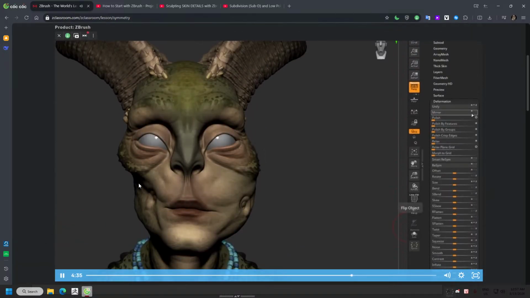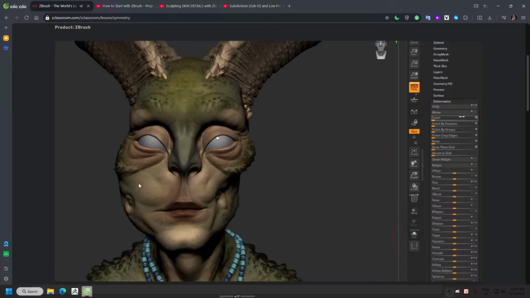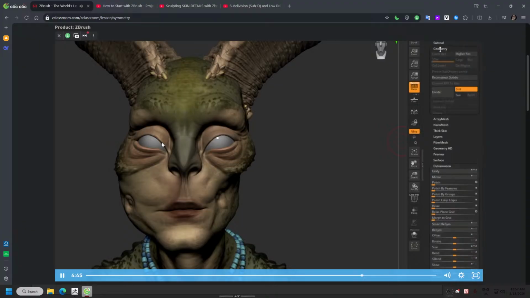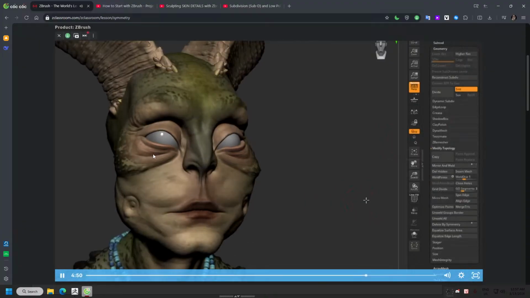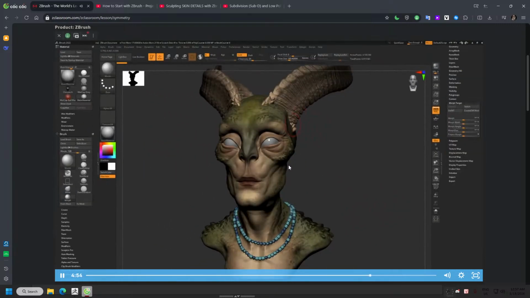And hit mirror. See these little XYZ buttons? This will decide in which direction you're mirroring. Hit that, and now it's just flipped it without welding down the middle. Back to geometry, mirror and weld, and there we have it, always from our left to our right. Most symmetry is calculated